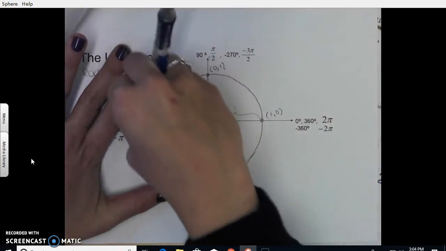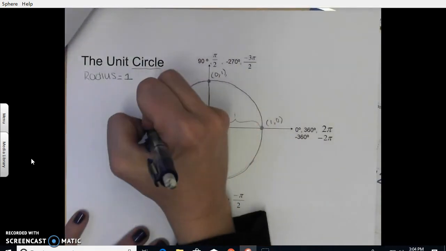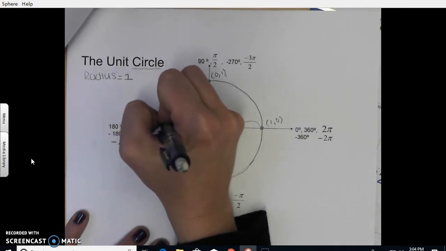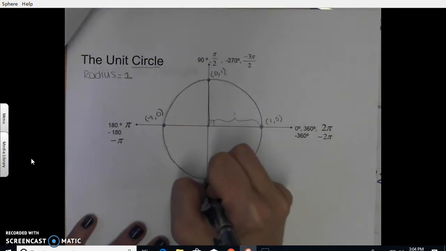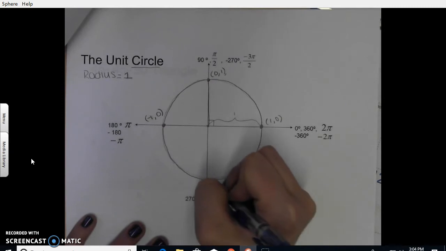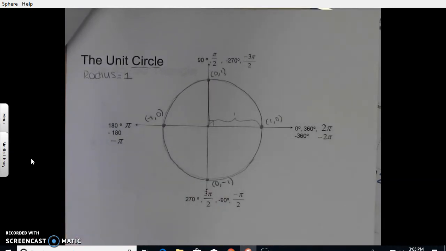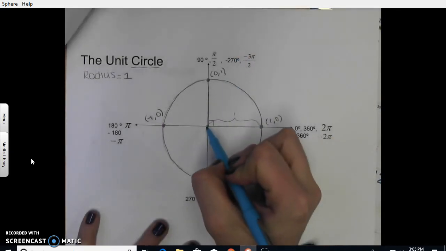Negative 1, 0. And down here would be 0, negative 1. And we are going to graph in our circle. So say I graphed an angle